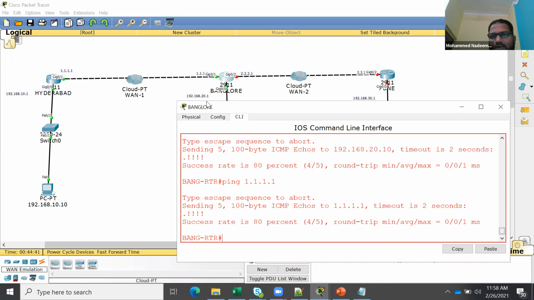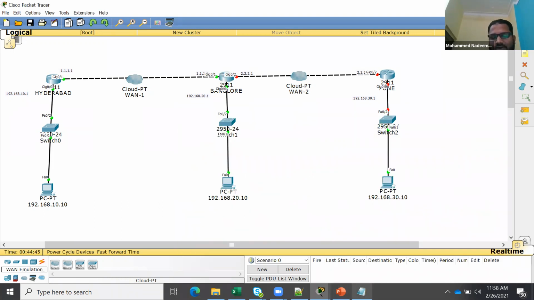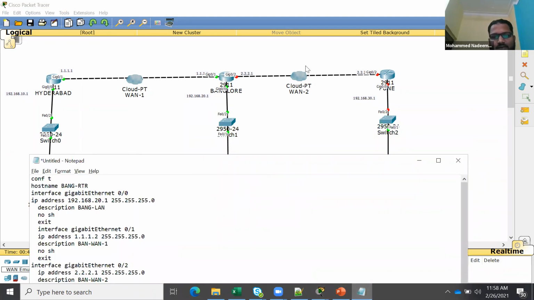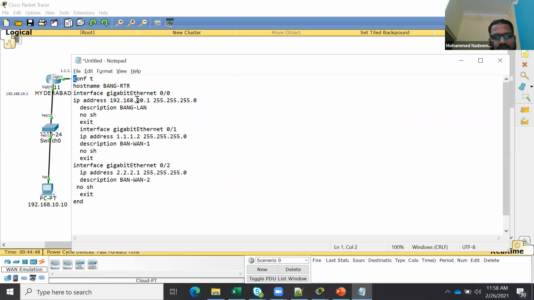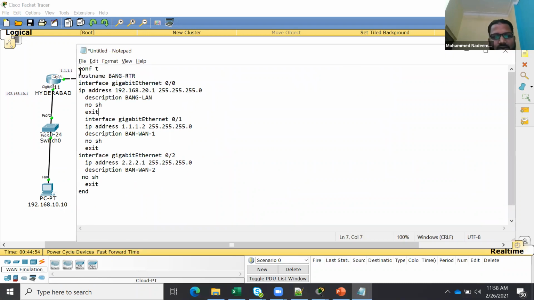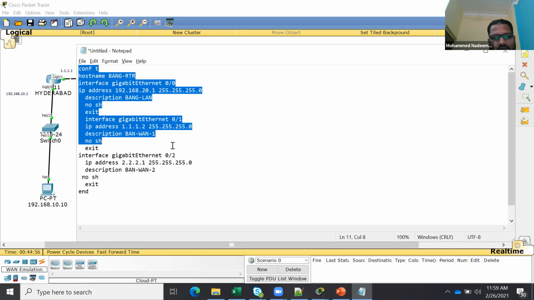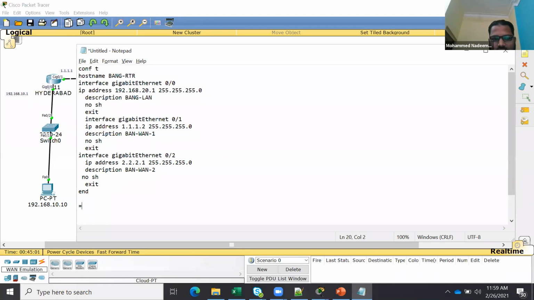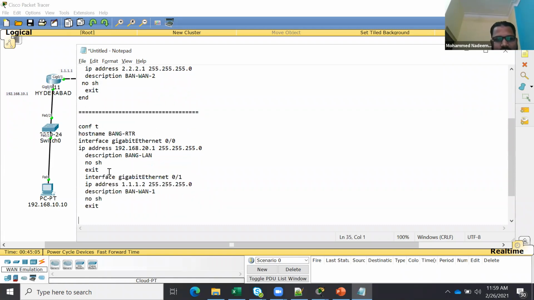So now what is left? The Pune router is left. So again, I'm going to use the notepad. If I go here, I have 0 by 0 and 0 by 2, two interfaces. So I'm going to take these two interfaces. Now I will say which router it is.